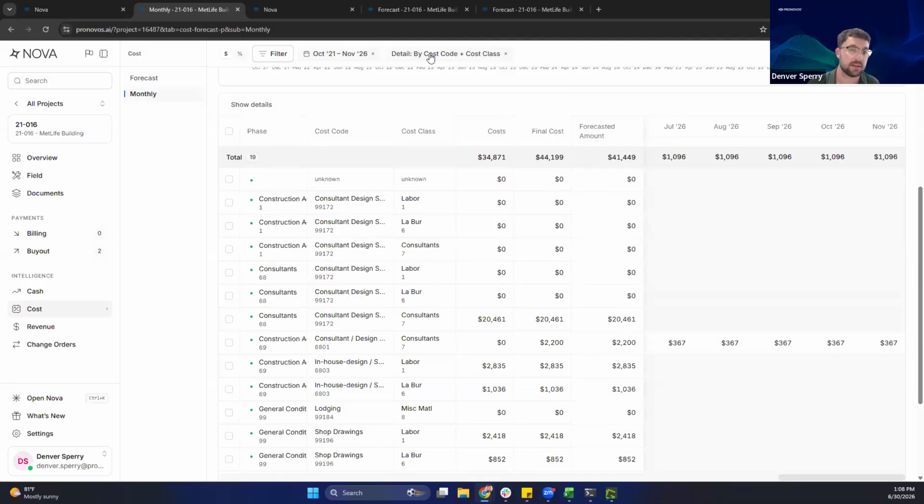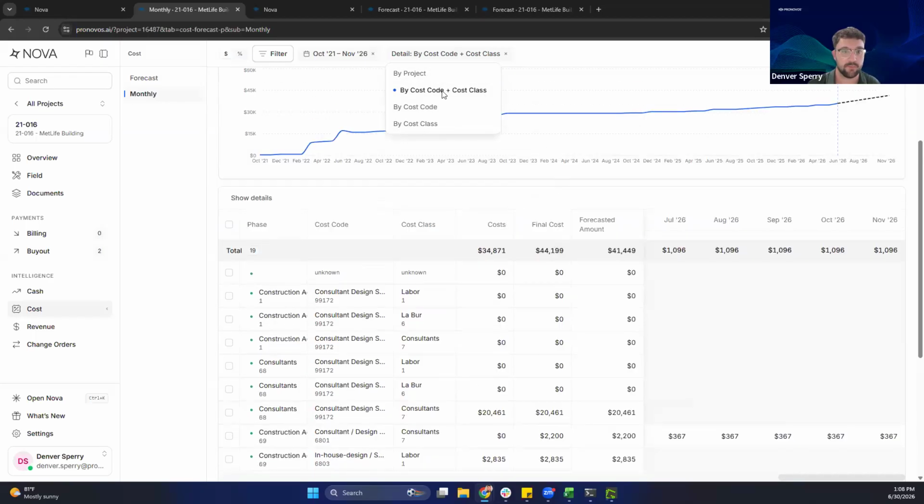Now, some of the differences I was talking about earlier with the new platform is being able to pick the level of detail that we want the monthly forecast to be. So out of the box, we want to do it by cost code and class. If we wanted to switch it to either just the job, so just monthly cost forecast for the job as a whole, we could do just simply by cost code, or we could simply do it by cost class,